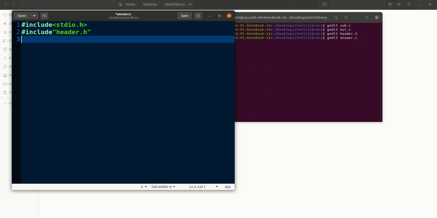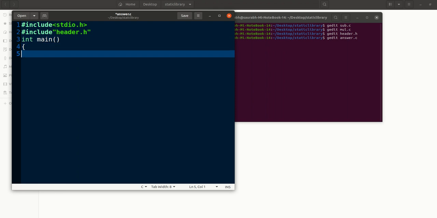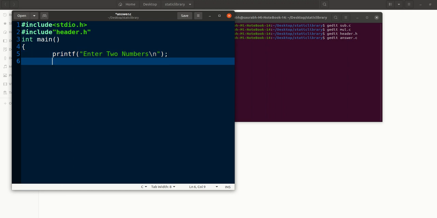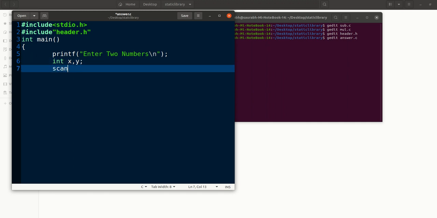Okay, now int main, then inside the braces we will write printf, enter two numbers, \n for next line, initializing the variables int x and y, scanning the two numbers.